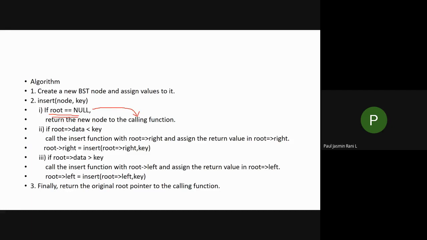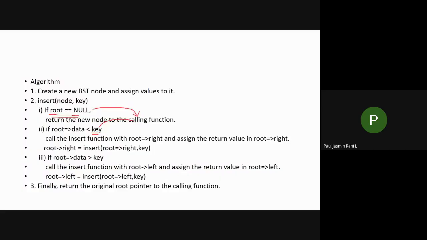Otherwise, if the root data is less than the key, then your root element is less but your key value is greater, so you go towards your right side. Can you follow this one? You have to call this particular recursion function on root of right.